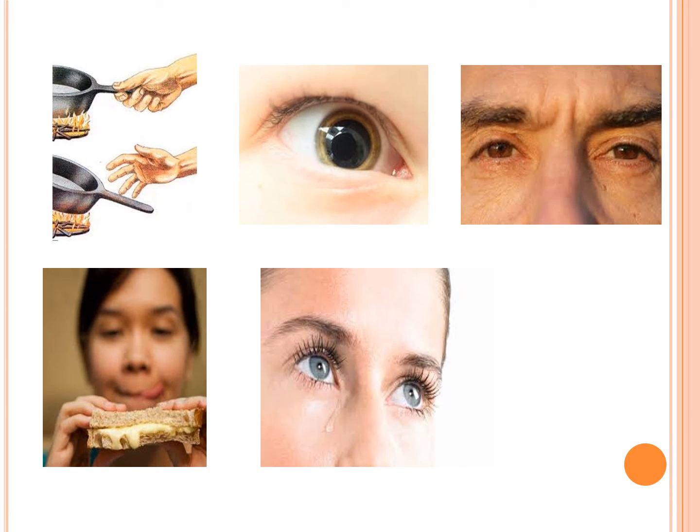For example, when we accidentally touch a hot object, we immediately withdraw our hand. When it is too dark, we dilate the pupils of our eyes. When we directly look at the sun, we narrow our eyes. Our mouth starts watering when we look at delicious food. When some particle enters our eyes, there is immediate flushing of tears to wash off the particles. During such situations, control and coordination does not need the intervention of the brain.